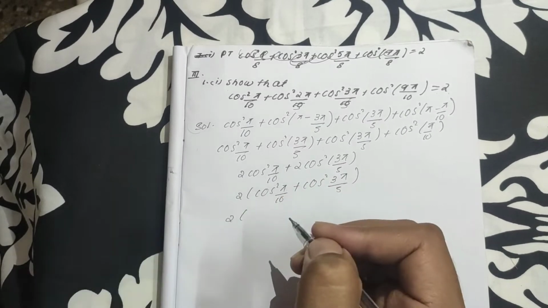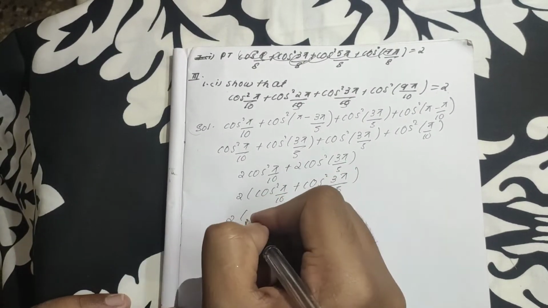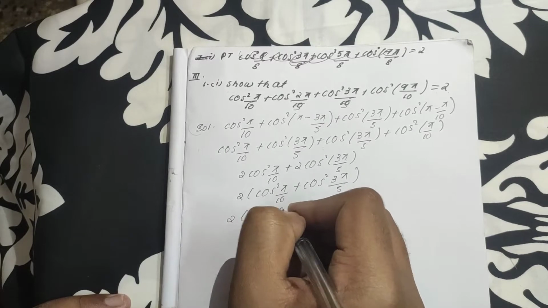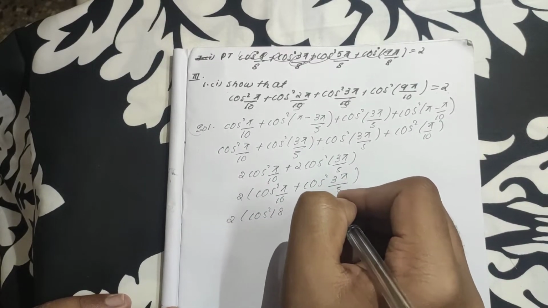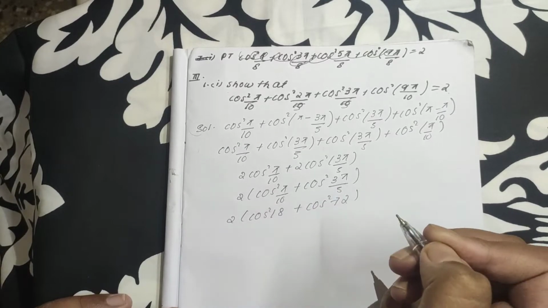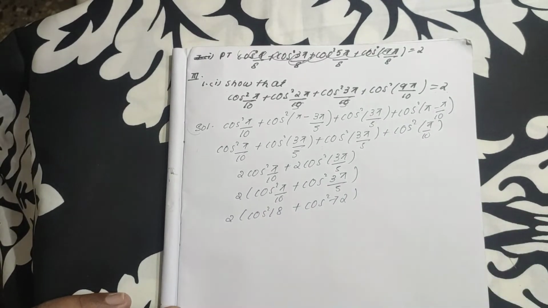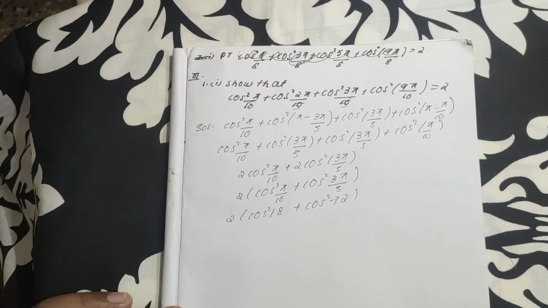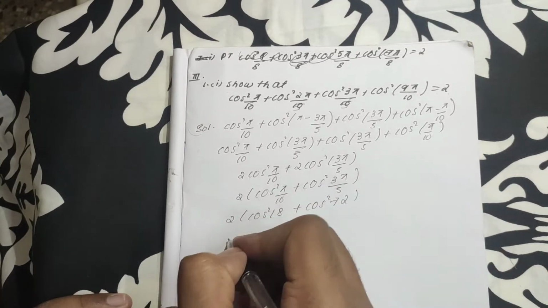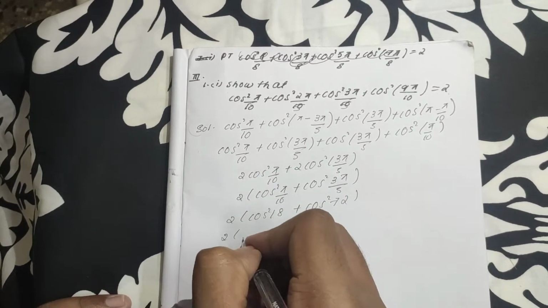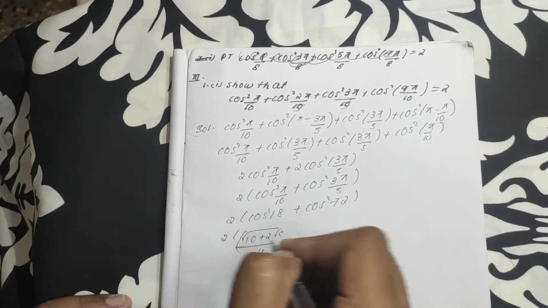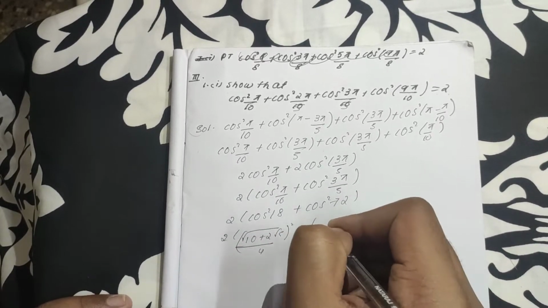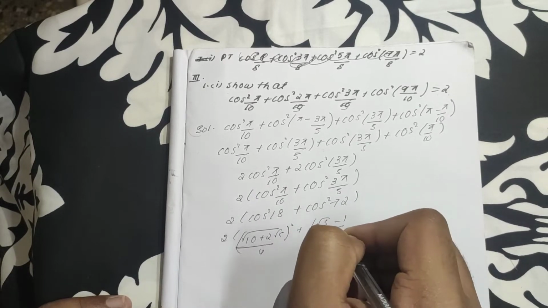So the value of cos square pi by 10 is cos square 18 plus this is cos square 72. So substitute the values in this. Root over 10 plus 2 root 5 by 4 whole square plus root 5 minus 1 whole